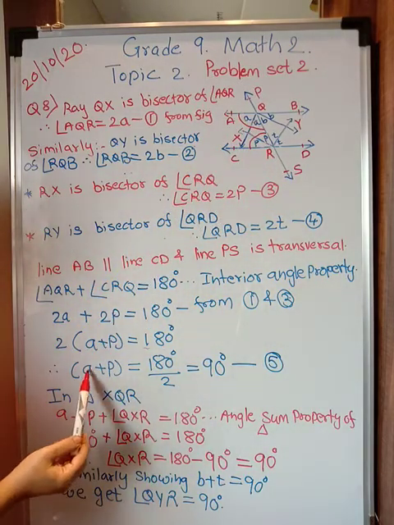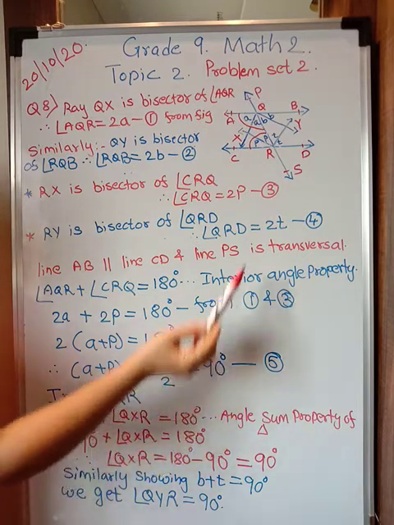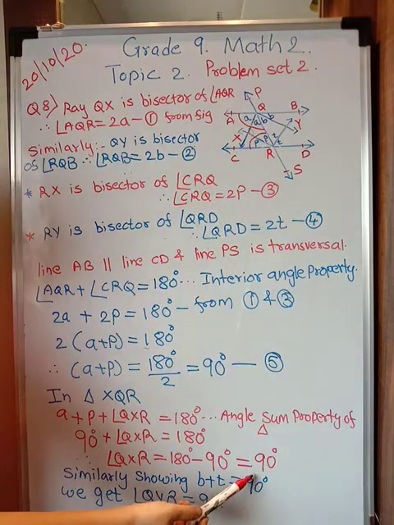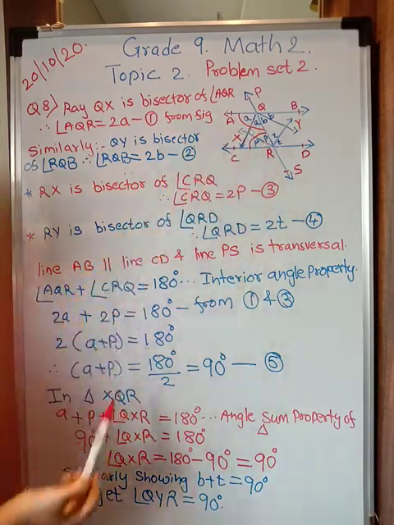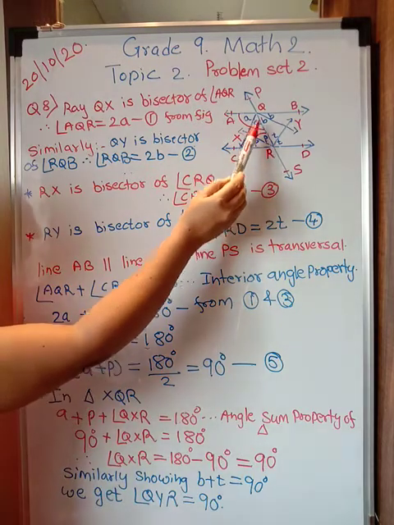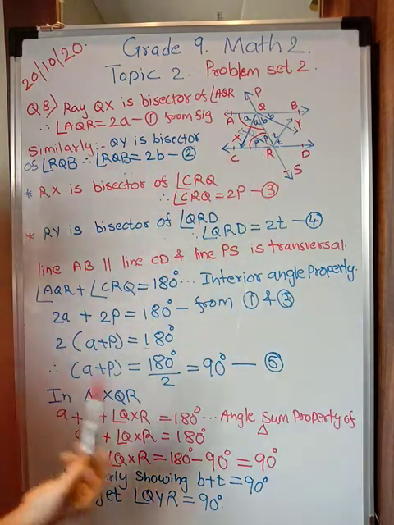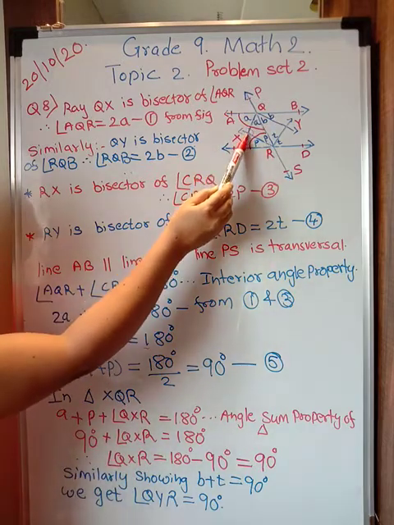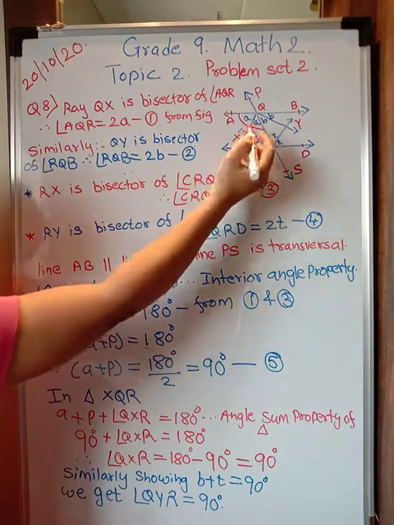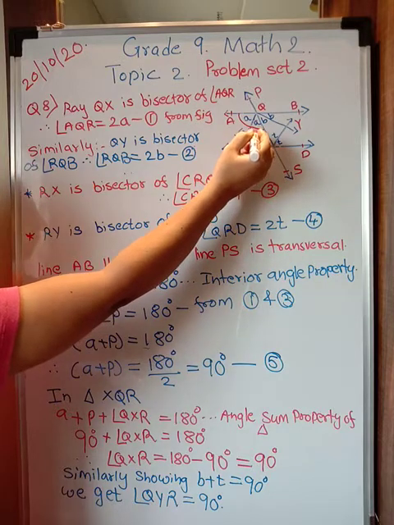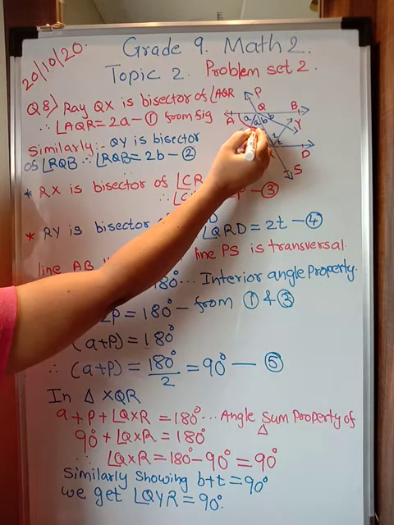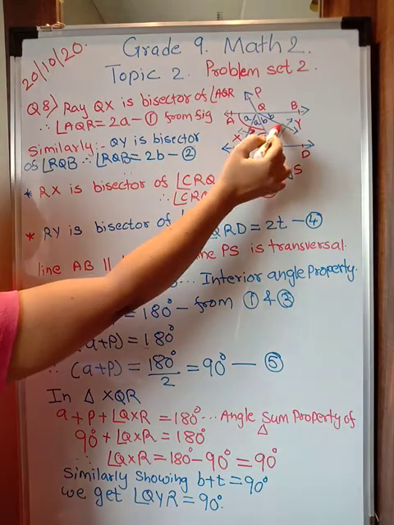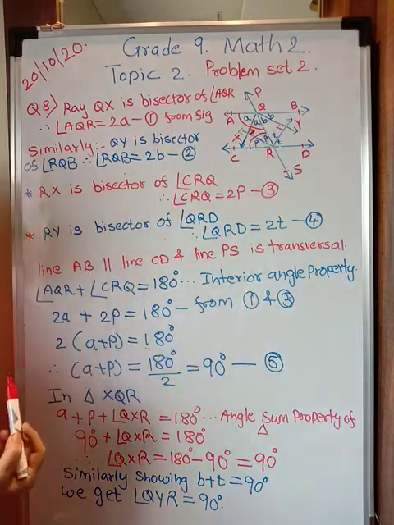But just now we have proved that A plus P is equal to 90. So if A plus P is 90, angle X will also be equal to 90 because that will be 180 minus these two. Are you understanding me? So 90 and 90 becomes 180. Therefore, we have proved that QXR, see QXR. So this angle is proved as 90 by us just now. Is this clear? So this angle is 90 degree. Similarly, we can prove angle Y also, this angle also equal to 90 degree. How?